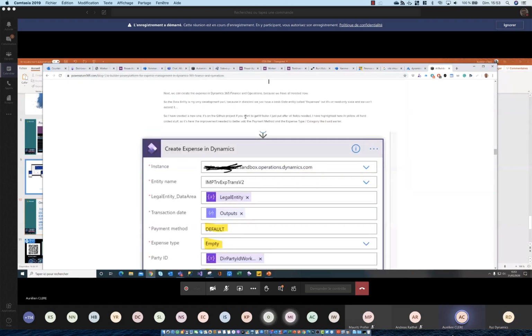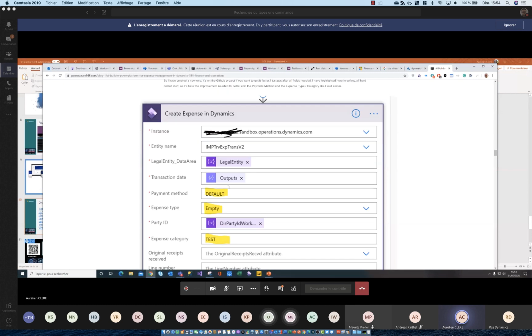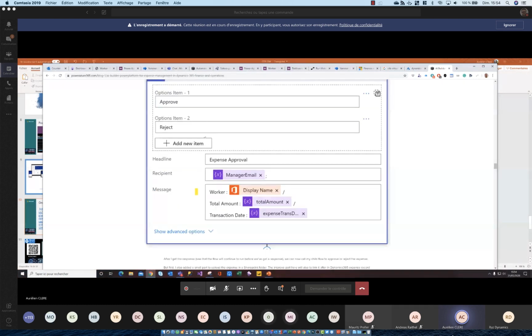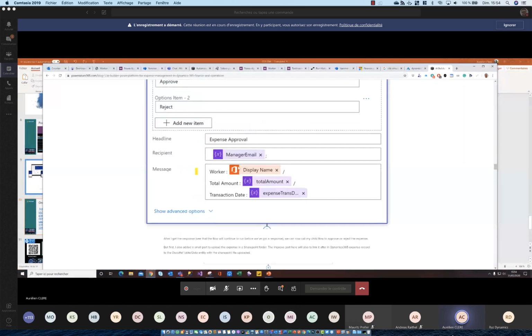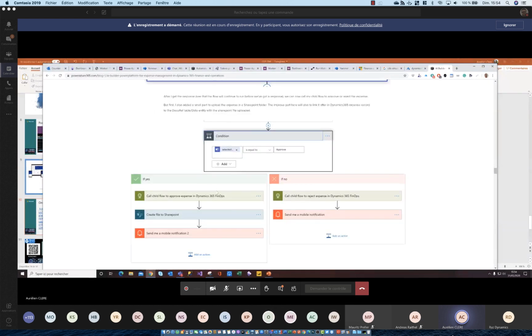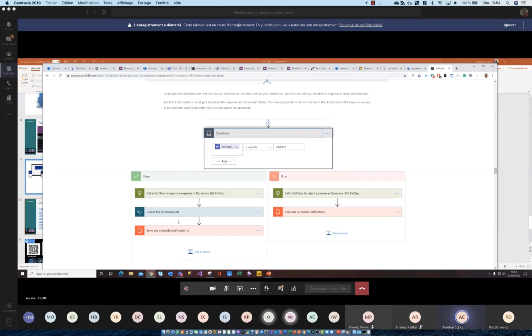So you can create your expense with Power Automate, and you can ask the manager of this worker if he's okay with the expense and approve it or not, and even upload the expense to SharePoint if you want all the expenses in a repository like SharePoint.